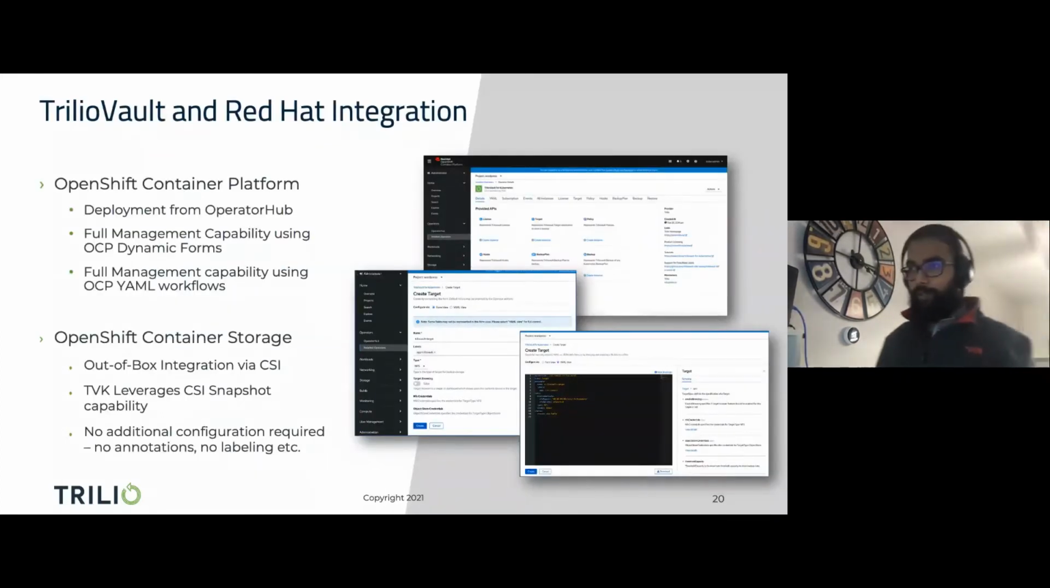Now, let's talk about the integration that we've built with RedHat for Trilio and OpenShift and OCS. So let's talk about OCP first. From an OpenShift Container Platform perspective, one, we can easily be deployed from Operator Hub in 3 to 4 clicks max. It takes about 2 to 3 minutes to deploy the operator and get it fully installed and running within a